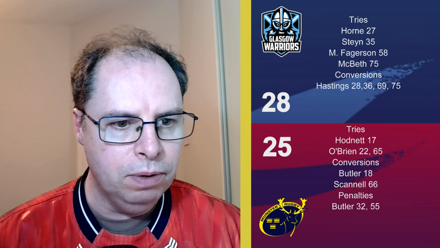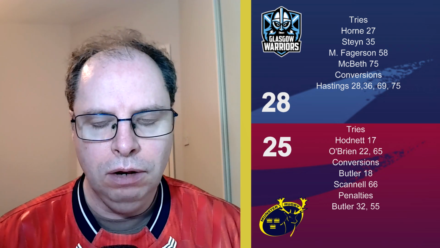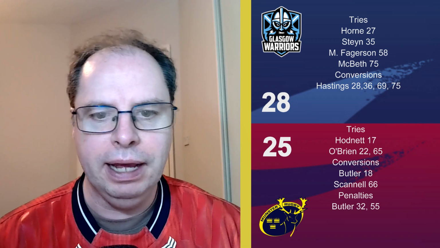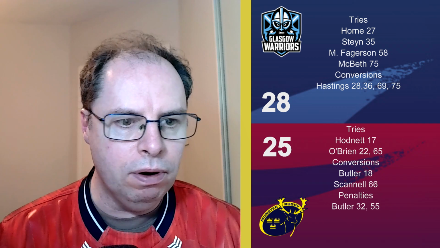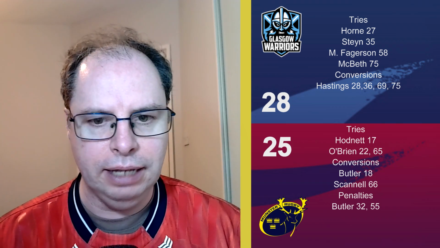Patterson then with a nice kick into space behind the Glasgow cover, and Hastings looking to gather it because it's a potential 50-22. He actually knocks it into touch about 10 metres out from his own line. Warriors then repel the initial drive from the maul. Munster retain it. They go through the phases, but Cancellieri gets over the ball to win a penalty, and some